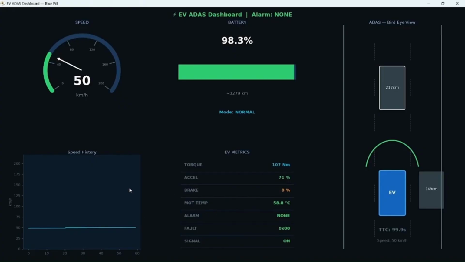If we increase the acceleration, the speed also increases. Here the speed increases slowly. In the speed history, we can see how the speed changes. Here speed changes from 50 to 51. When we increase the acceleration, at the same time SOC, which stands for state of charge, also decreases. When we decrease